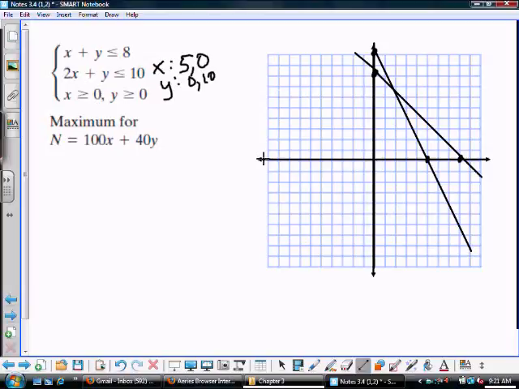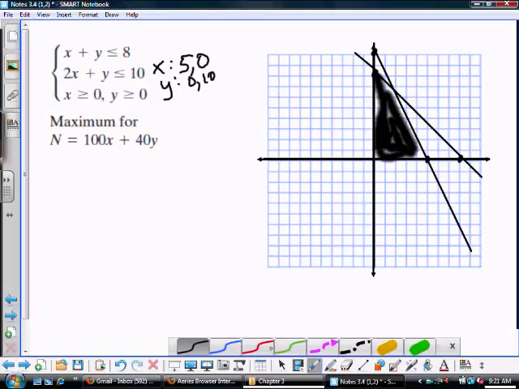Y greater than or equal to 0 is a horizontal line where y is 0. And I'm shading above that, so my shading ends up being this place here. Now, where are my vertices? They are at 0, 0,